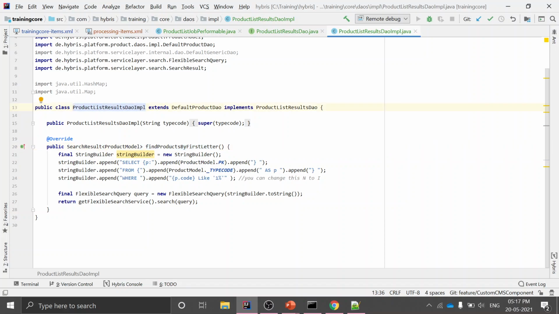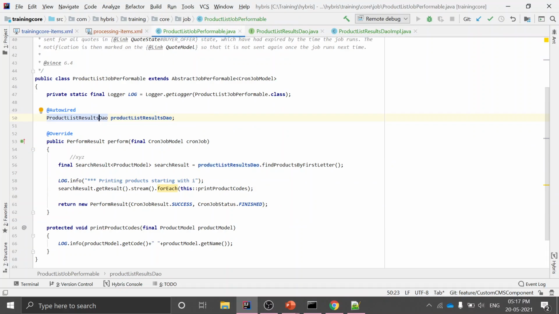Here I have written one simple query which will search for the product PKs from the product table, where p.code is like 1, starting with 1. So it will return my results of the product, in the form of product models, and I will get these results in my ProductListJobPerformable class.